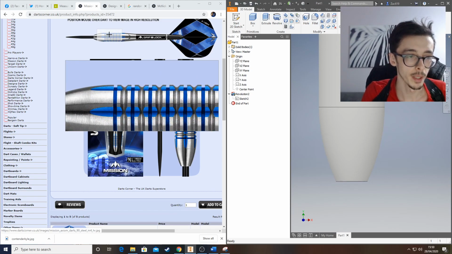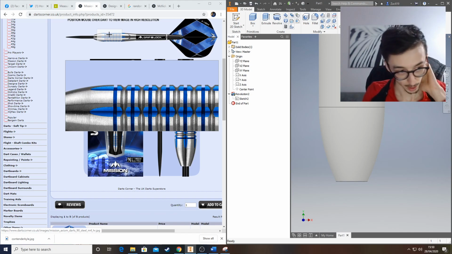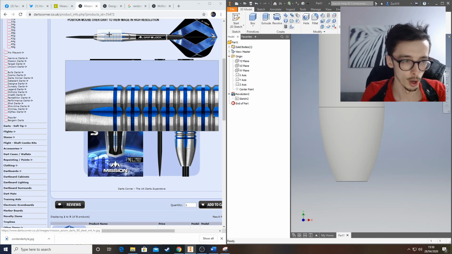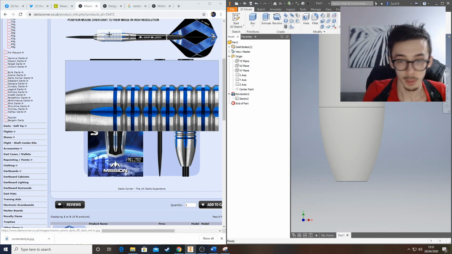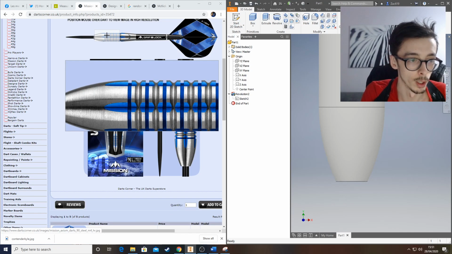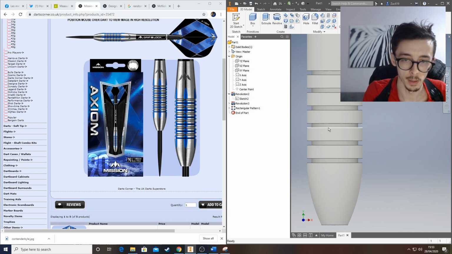So the best way to think of it is you break it down into little sections, basically. For example, I can see a ring grip, well, like a tiny groove cut in it. So I'm going to cut out these blue grooves first, and then I can cut things out of the space in between them. Now I'm going to make a guess on what they are dimension wise. So let's just come back over here. Okay, so now as you can see, I've got